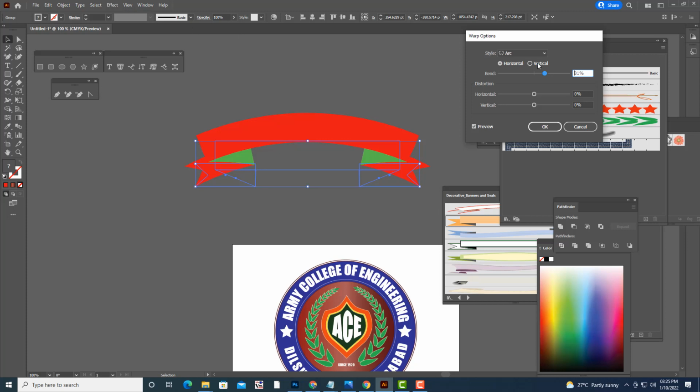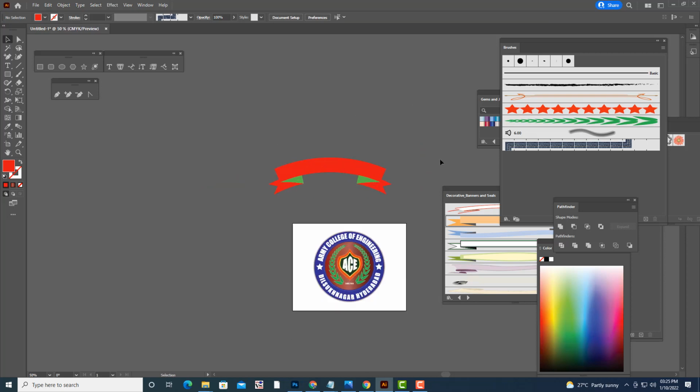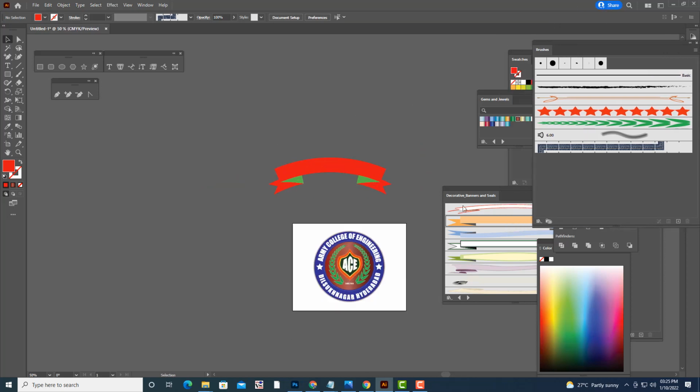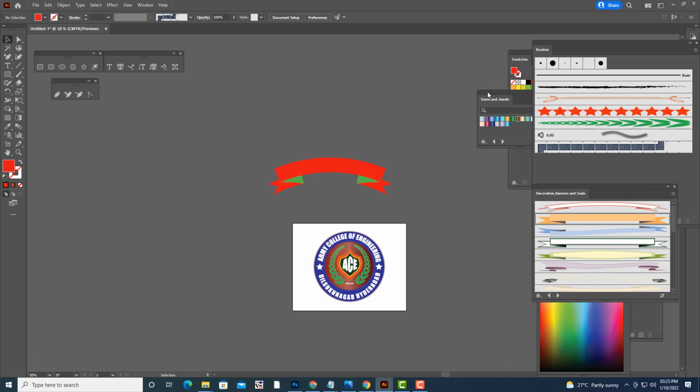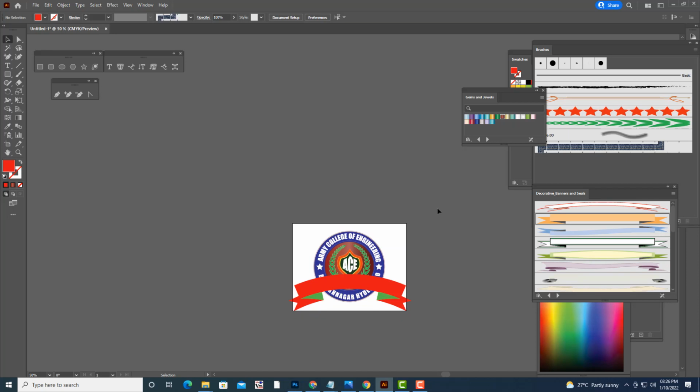In effect. See, able to understand? Something like this. And then we can use the object expand appearance, right? We can keep it like this if you want.